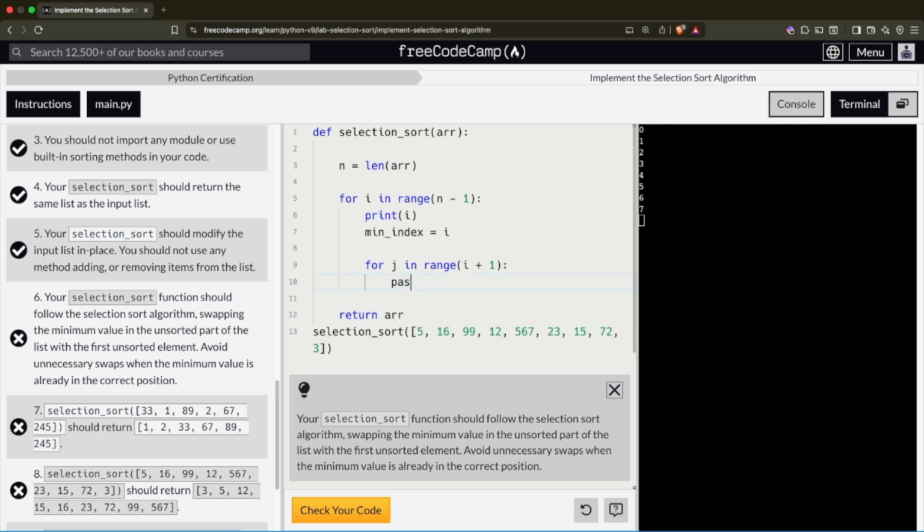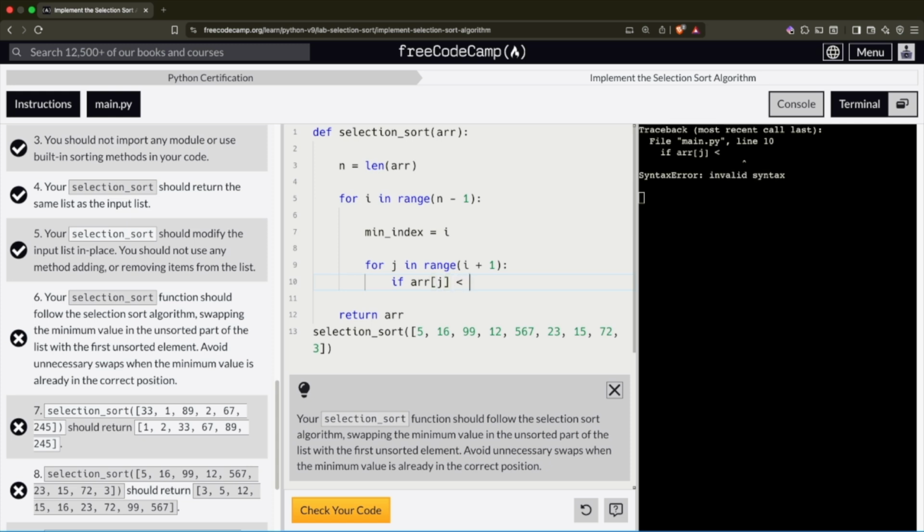Yeah, it's going to be 0 through 7. And the other one will be 0 through 10 or 9. That'll be 9. Okay, now we have to see if the item at j, which will be 0, so this is 5 in our test case,